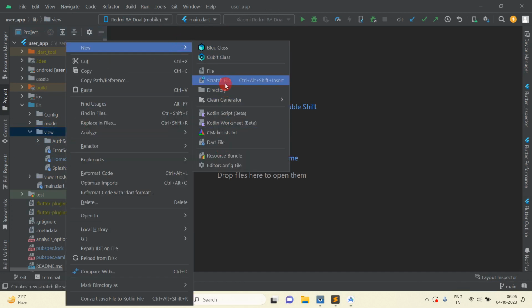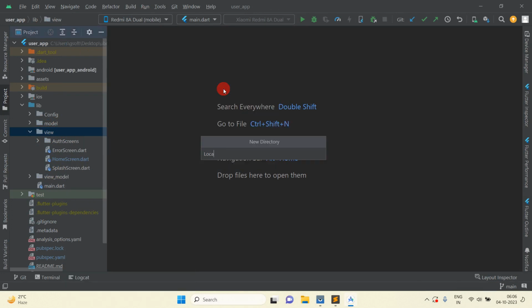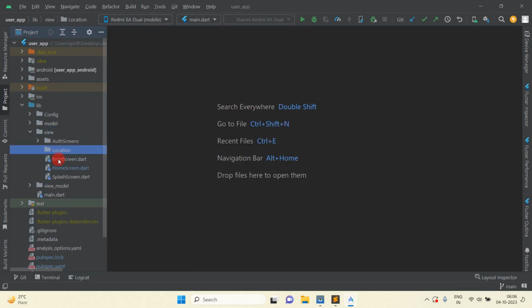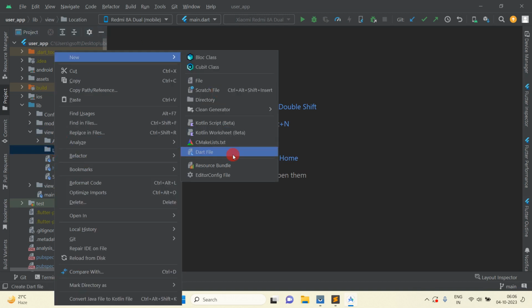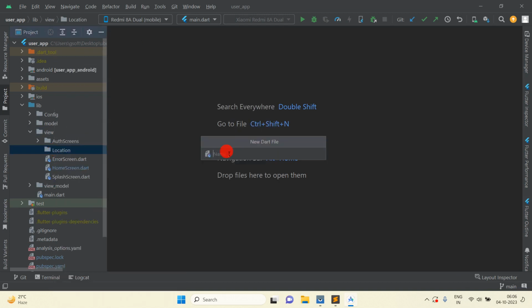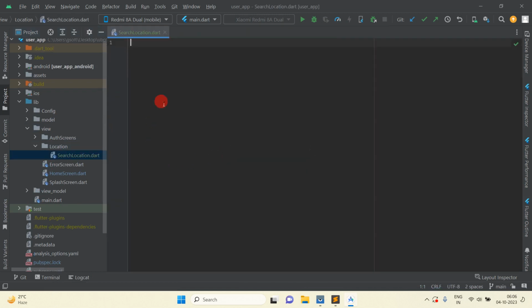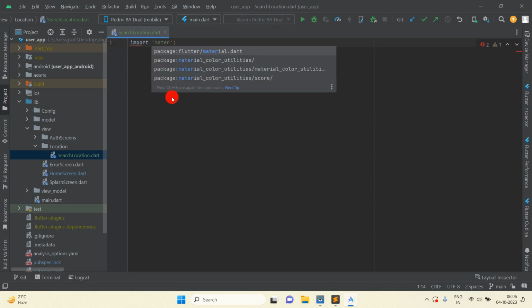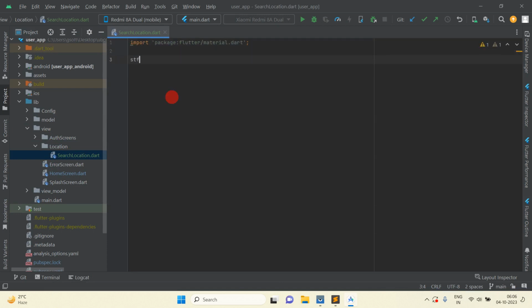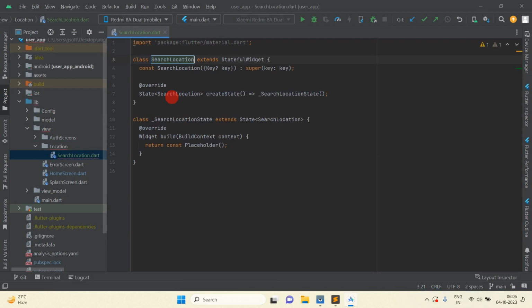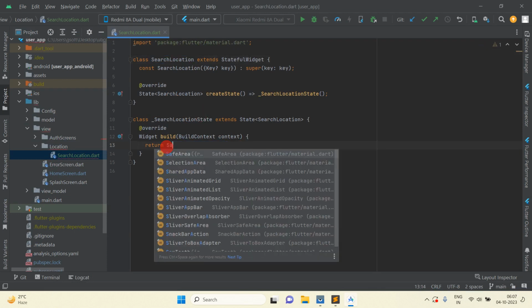Firstly I am going to create one directory, and the directory name will be location, and inside the directory I am going to create one file. The file name will be search location, and here I am going to import material.dart, and then we will use a stateful widget here, and here we will use safe area,